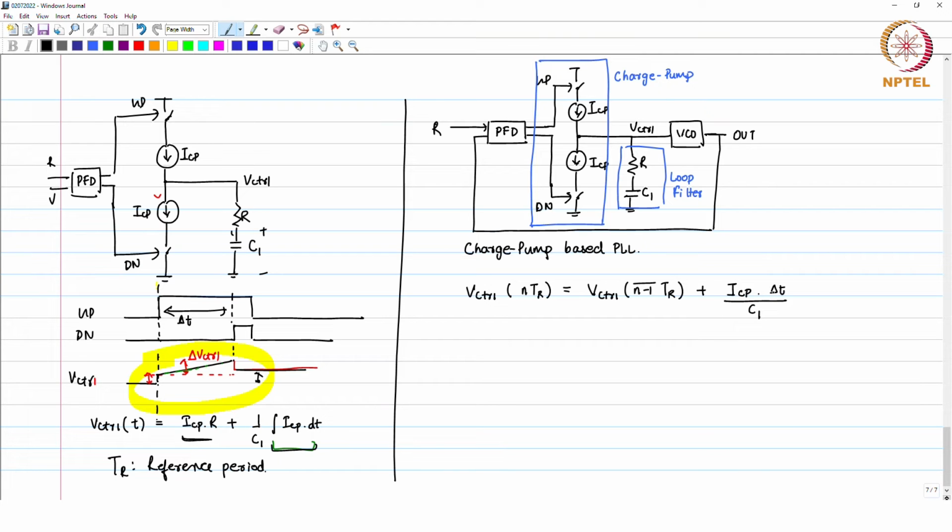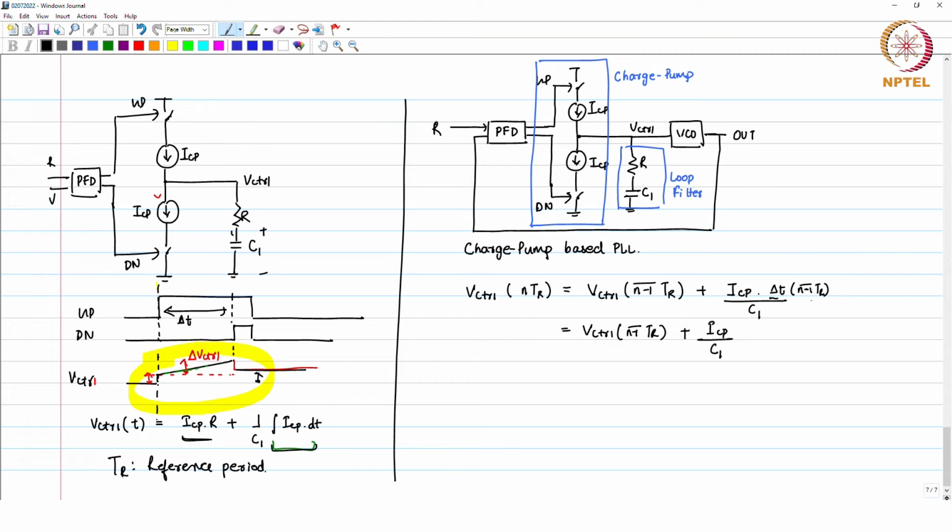And this delta t is the phase error in the previous cycle, the n minus 1 TR cycle. This can be written as V control of (n minus 1)TR plus ICP by C1,